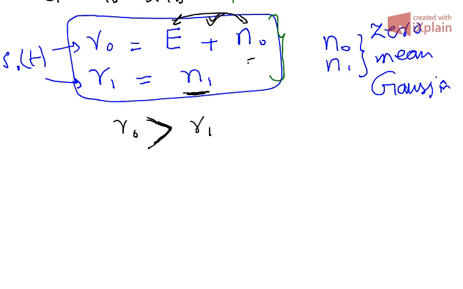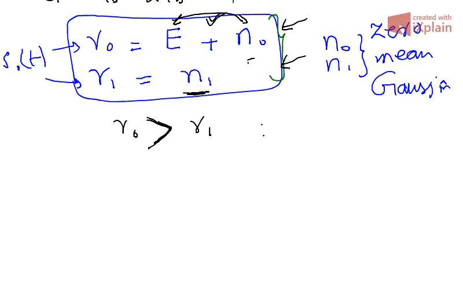It measures the correlation of the received signal with S0 and S1, because initially we started our procedure by assuming that S0 is transmitted, and our receiver gave us R0, which is the energy of the signal plus N0. We derived the expression for this one in the previous video, and for R1 as well. So we usually expect that R0 is greater than R1,